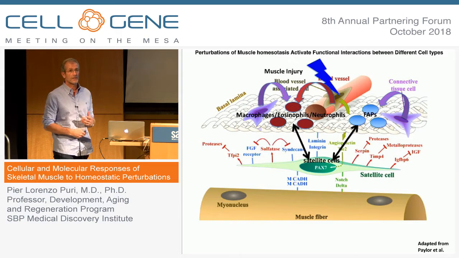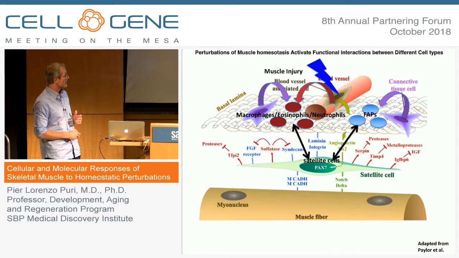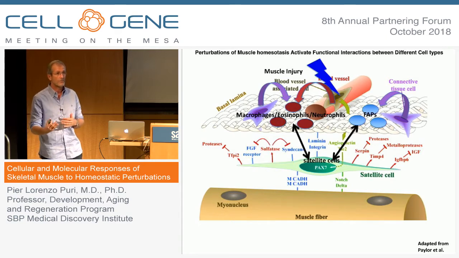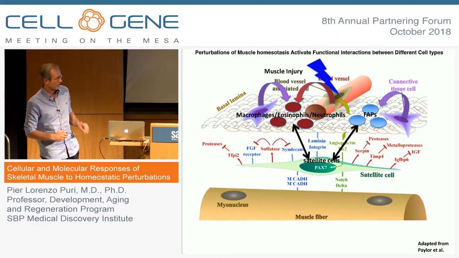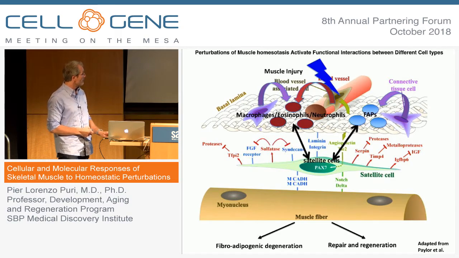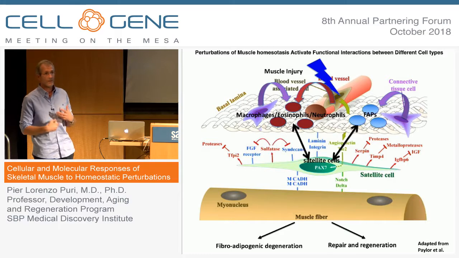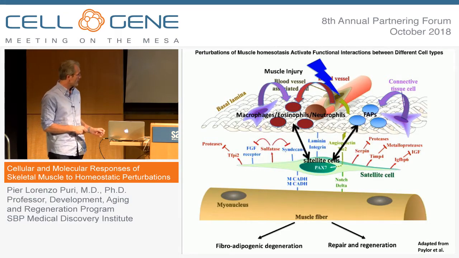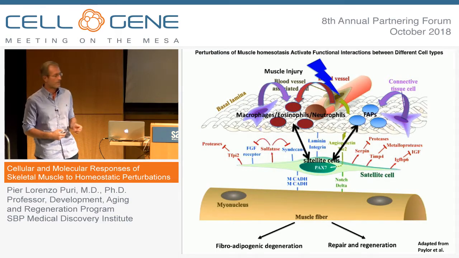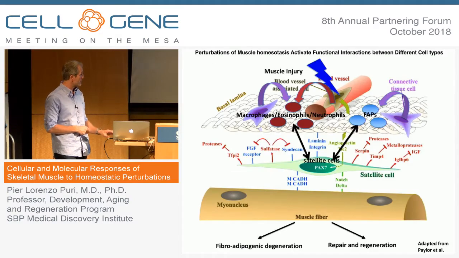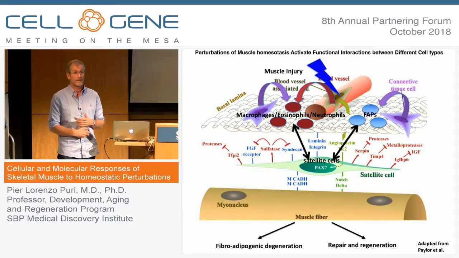Essentially, there is a network of signals that are supposed to coordinate the activation of the satellite cells within a certain time frame, their proliferation, their differentiation, and the return to quiescence of a certain portion of the pool of quiescent cells. So this can have a different outcome. If we talk about an acute injury, normally the muscle is endowed with a very strong repair potential. But in the case of chronic injuries, which is typically what happens in muscular dystrophies or other muscular diseases, these cells start to accumulate and mediate, and they become the cellular effectors of the two most detrimental events in this disease, which is